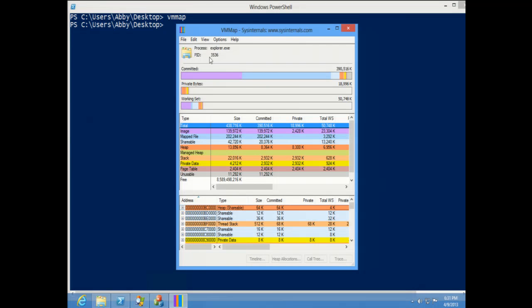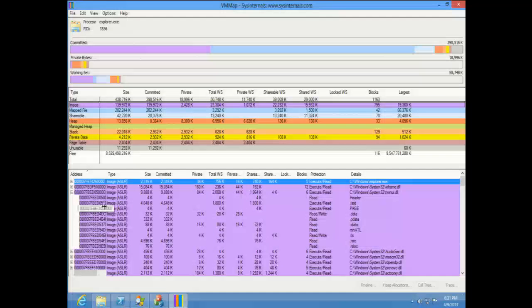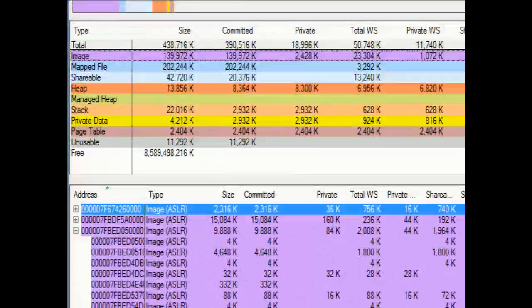One of the things that's changed is for image sections, it shows the ASLR status of the individual sections, the individual regions, because you may have some parts of a process where ASLR is enabled and other parts where it's not. And we've actually had security issues where we thought we were ASLR protected, but there was some component loaded in that was always at a predictable location in memory, and we'd run into trouble with that. So this can show you whether ASLR is enabled for each of the different memory regions for images. There's also a new category of memory in here, and that is unusable. Memory that is unusable.